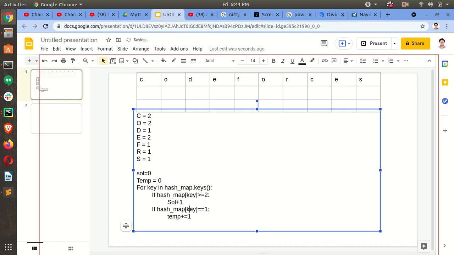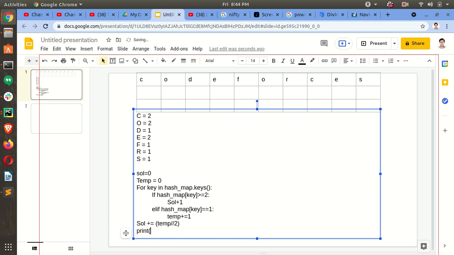Then at the end, we simply do solution plus equal to temp divided by 2, that is the floor of temp by 2. This will give us the solution, and now we can print. So that's it. This will be our solution.